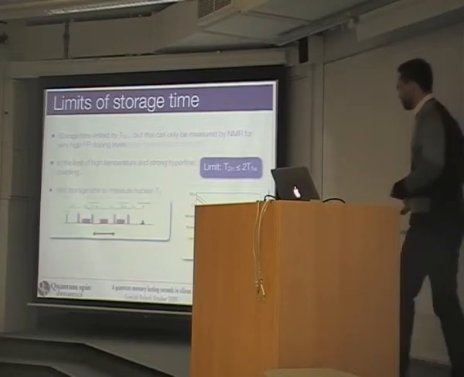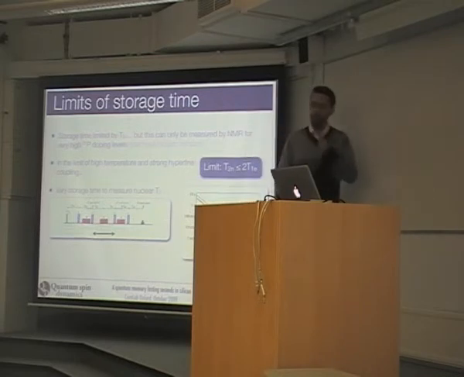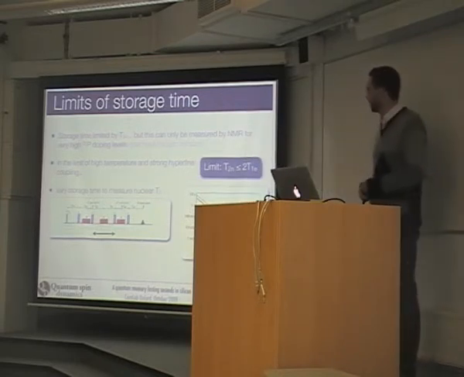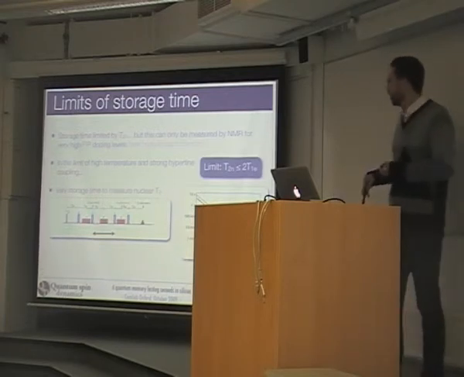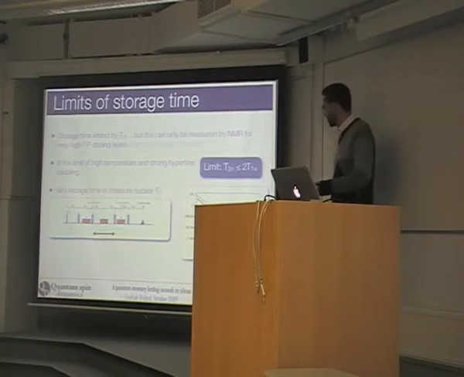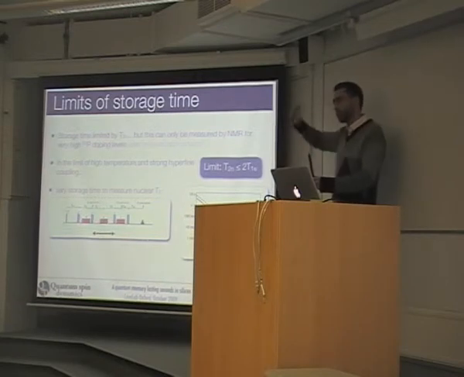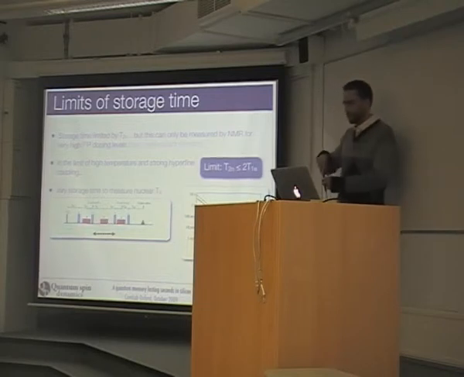So that experiment is exactly what I described earlier, and we just vary the storage time and do the sequence to extract the memory out. It turns out that there is a fundamental limit of the memory time, which is given by the properties of the electron itself. Because the electron and the nucleus are strongly interacting, the relationship between the T1 of the electron, so that's the time scale on which it flips, versus the nuclear T2, and that's the time scale on which